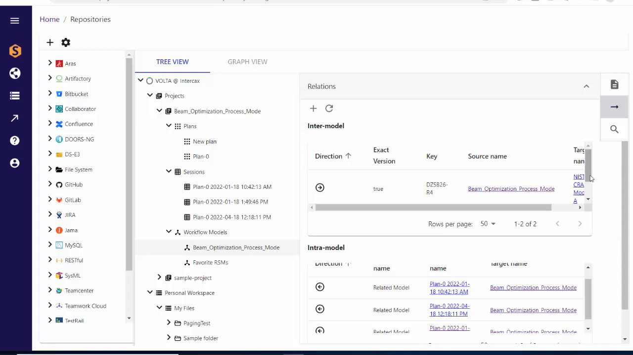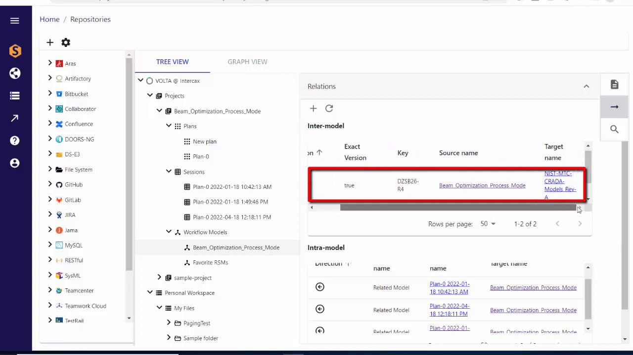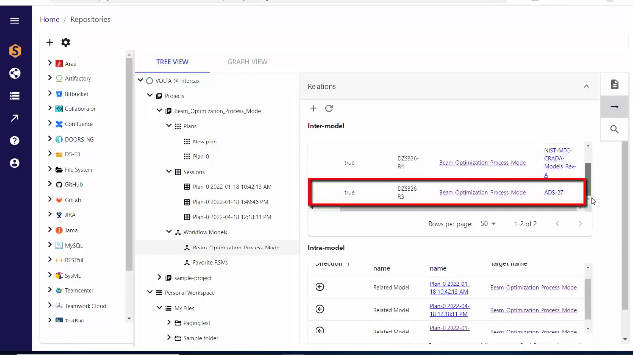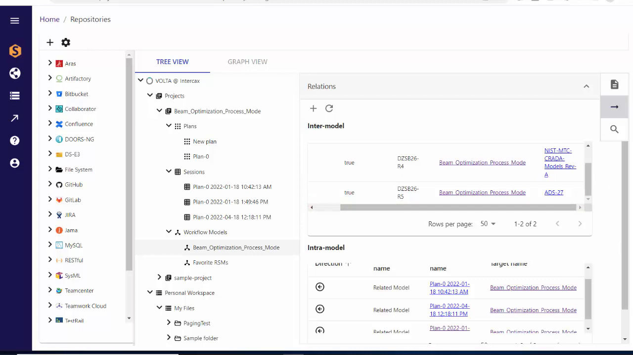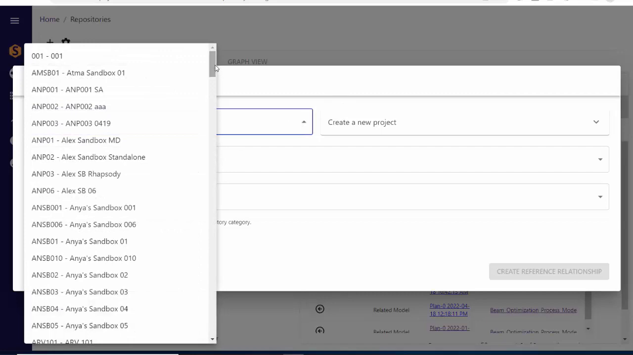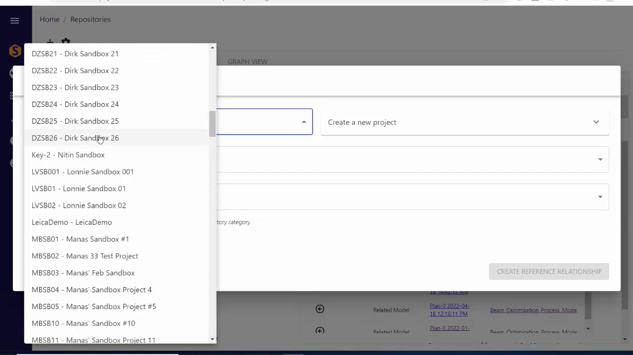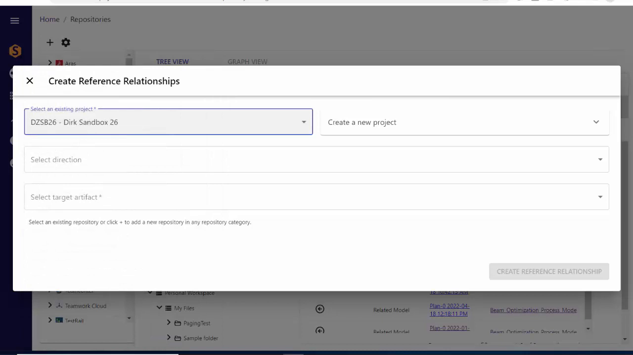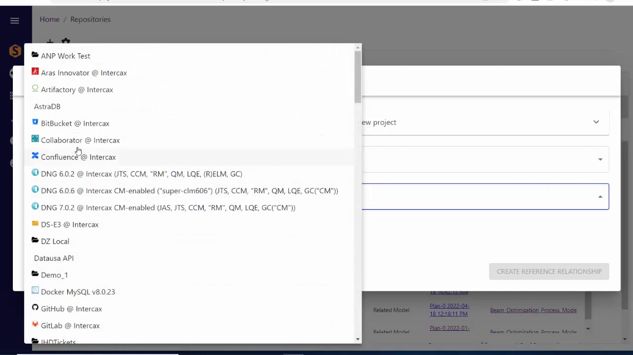There are also 2 existing intermodel connections to a GitHub file and a Jira issue. And we can add a third from the web dashboard using the Add icon, which opens a new window. To add a new reference relation to the Syndeia database, we select a Syndeia project, watch video 1.5 on projects if needed, select a target repository,